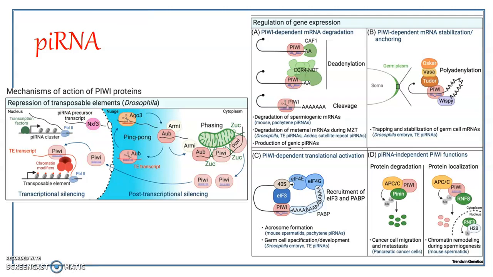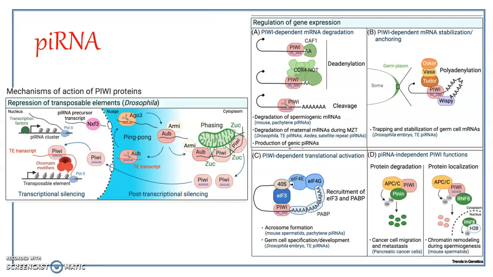During the primary processing, the length of the precursor piRNA is shortened by cleaving. It is reduced in length, and that is referred to as the primary processing. Later it undergoes the secondary processing, by way of ping pong amplification. During this process, the precursor piRNA gets loaded onto the PIWI proteins. Here you can see it is getting loaded onto the PIWI proteins. Okay, this is the final step, the piRNA getting loaded onto the PIWI protein. This complex gets involved in the post-transcriptional silencing,